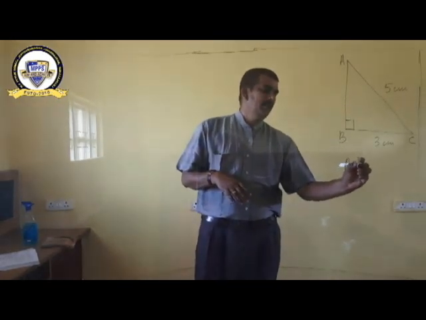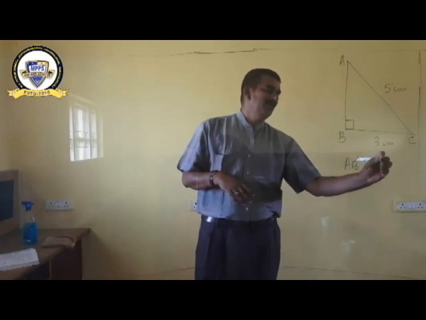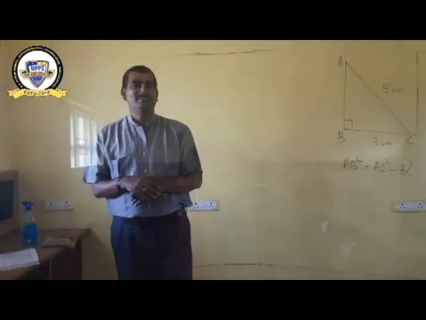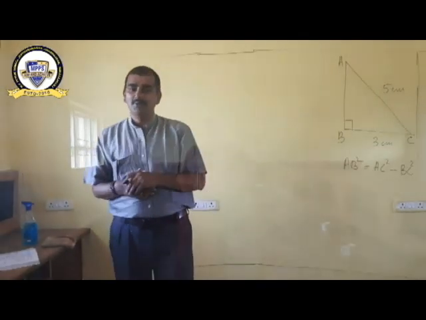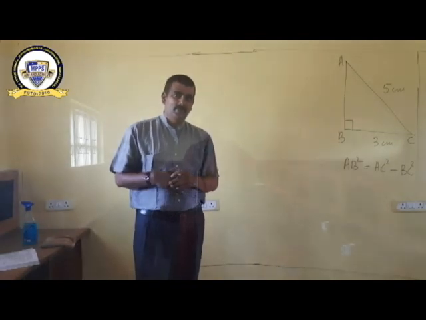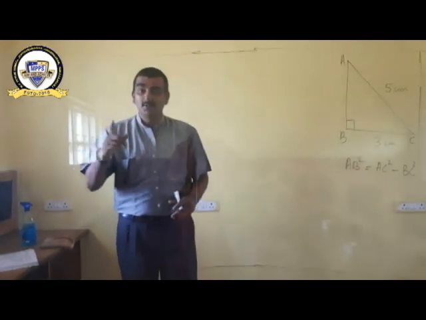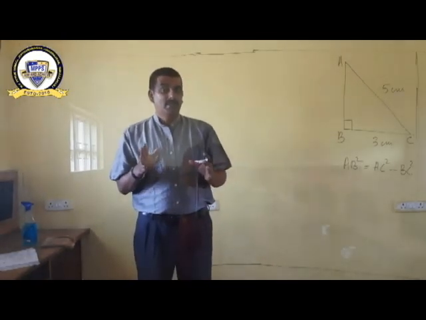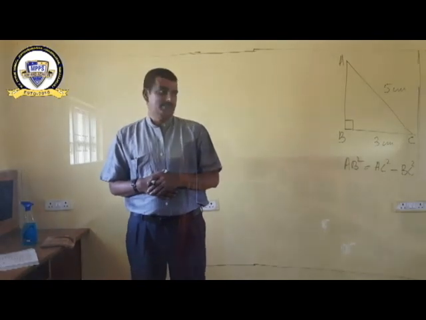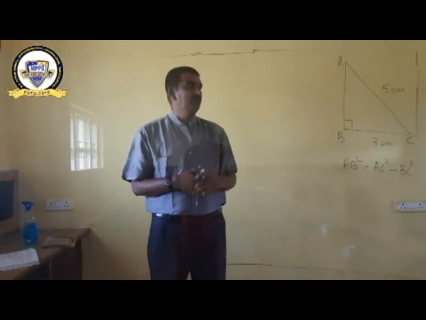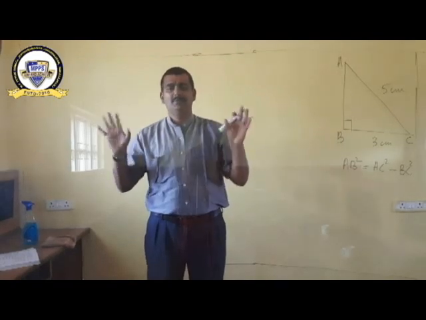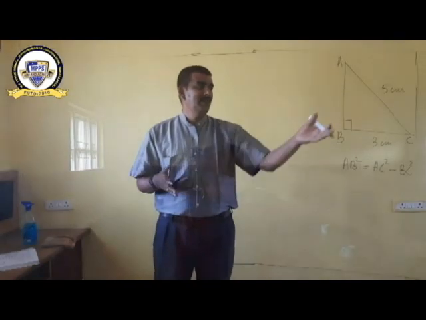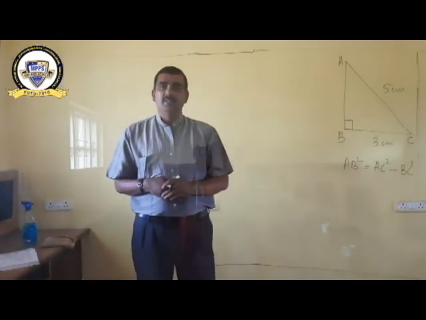AB square is equal to AC square minus BC square. That you studied already in your 7th standard. This is called the Pythagoras theorem. Are you clear, everybody? Pythagoras theorem is not a matter for us now. Now we are going to study the topic according to 10th standard. Here AB you can find, BC you can find, AC you can find, whatever may be the thing, you are quite comfortable because this is 3 centimeter, this is 5 centimeter, and what is AB? By this you can find out.